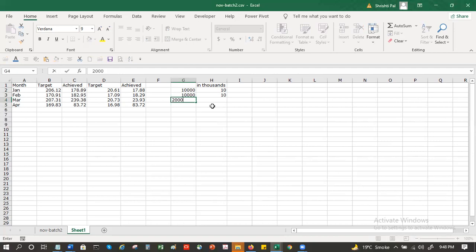Let's say you have 20,000, which is actually 20,000 divided by 1,000. Suppose you have 1 lakh and you want to show it in thousands, you will actually use that number divided by 1,000.